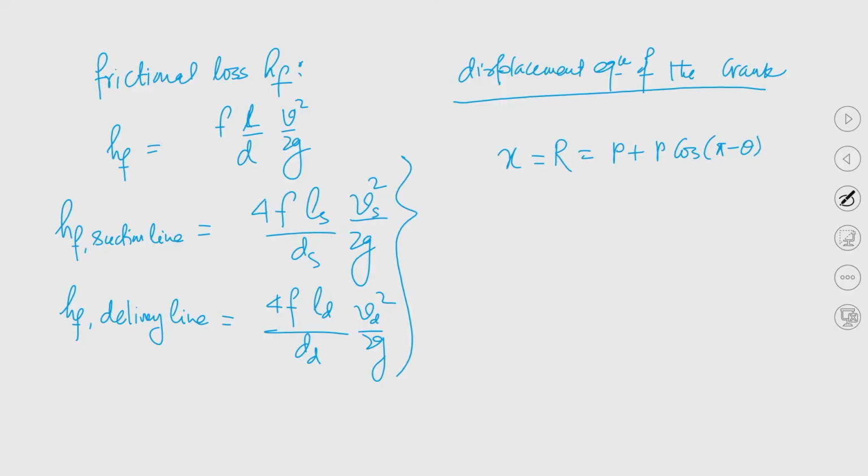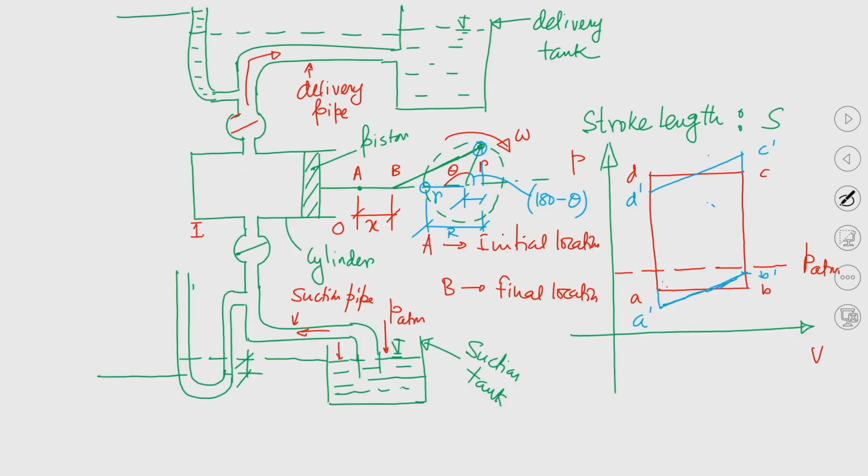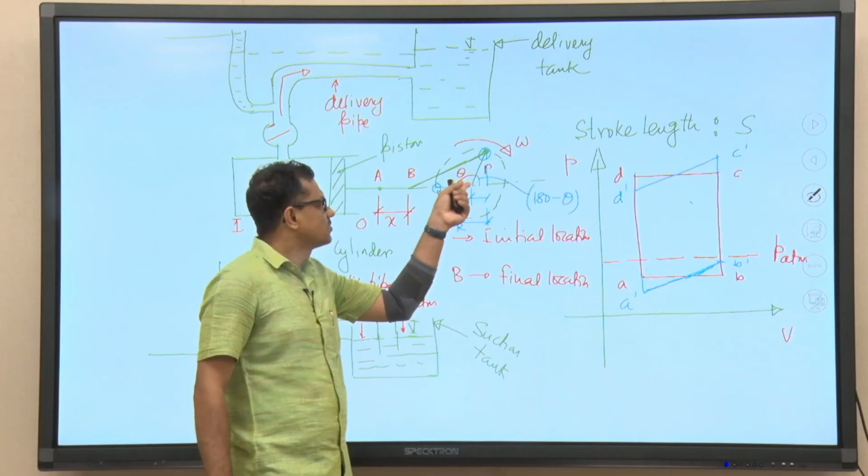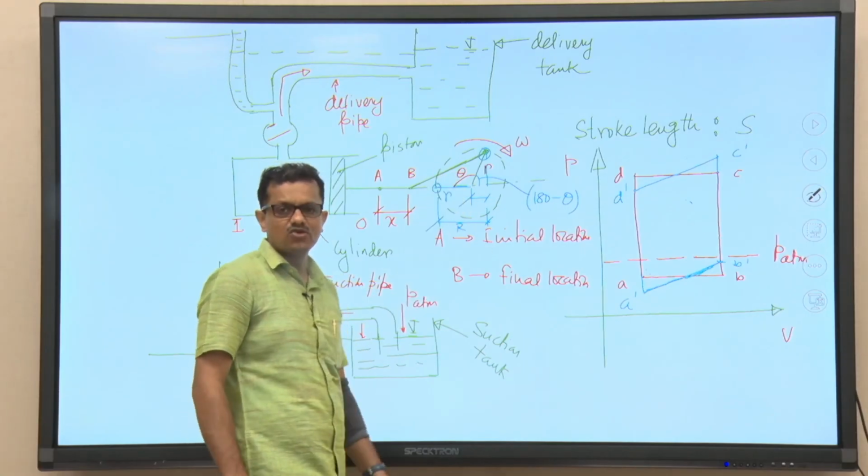cos pi minus theta. So, this is r minus r cos theta, right. So, our objective is to have the movement of the piston u, so we have to relate this v with u. So, u equal to dx/dt. You can see this is r minus r cos omega t. Say, if at time t the displacement is given by the angular displacement theta, then theta is equal to omega into t, that we can write.